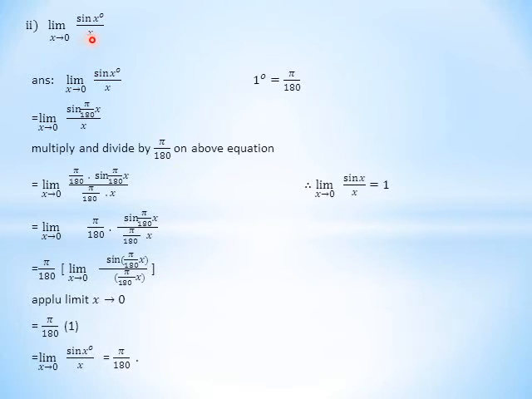Again sin x degree upon x. So 1 degree, we know, is pi by 180 radians. So sin of pi by 180 x upon x. So multiplying and dividing by pi by 180. Okay, fine. So now look at this, sin box upon box. Sin of pi by 180 x, pi by 180 x is here, and this pi by 180 is outside the operator. It will go to 1. So pi by 180 is the answer.